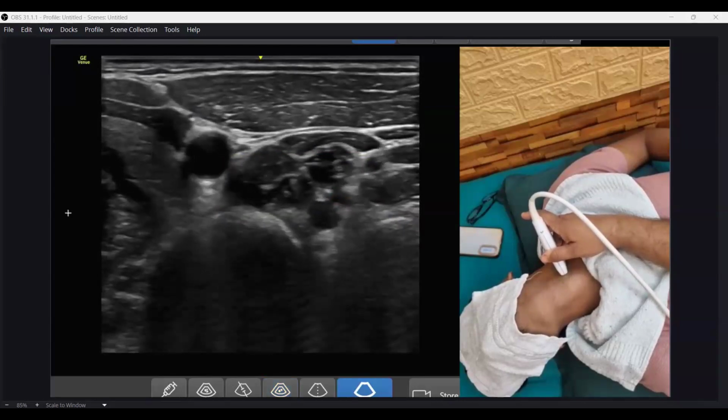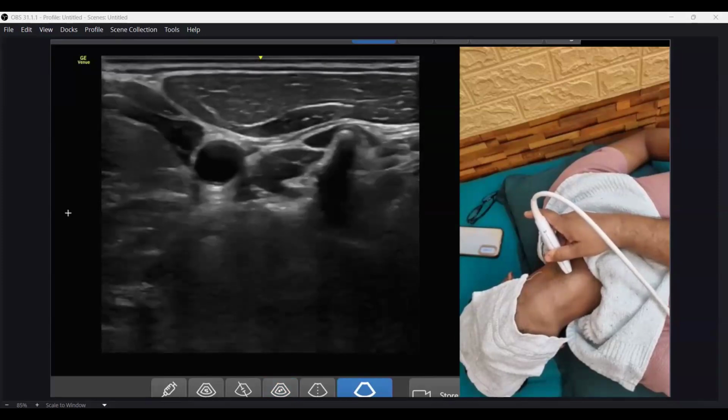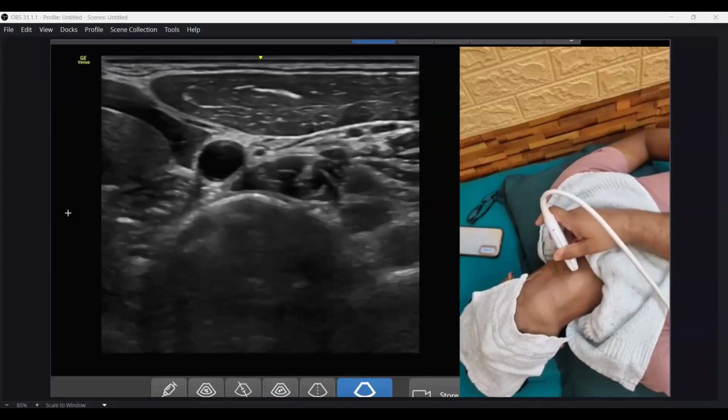here the vertebral artery, and as we go down, then we will be able to see